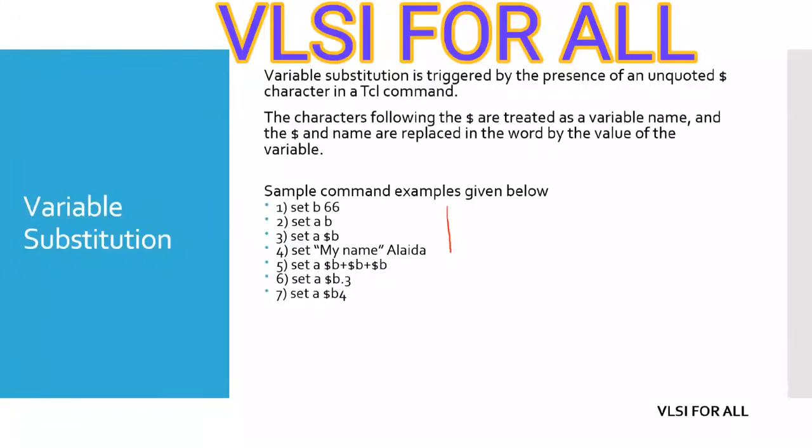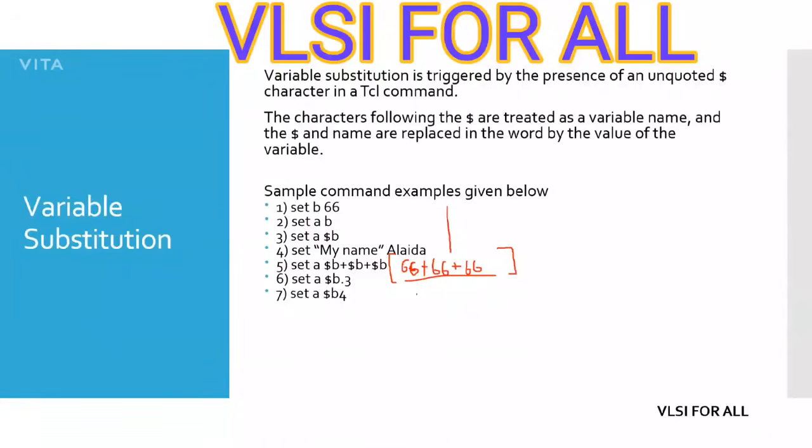So set A to this, it'll try to parse the value. The first thing it does is substitute the variable B, so 66 plus 66 plus 66. This is what is evaluated in the parsing stage. Substitution happens. In the execution stage, do we have an EXPR command here? Only if there is an EXPR command with a rectangular brace like this would the value be evaluated. Otherwise, this itself is the value. There is no command substitution here, so it doesn't evaluate. So the answer for 5 is just 66 plus 66 plus 66.